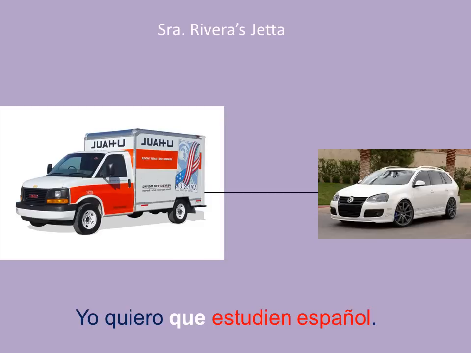One way that Señora Rivera explains her subjunctive is that she talks about moving to California. She says she's going to get a U-Haul and she's pulling her little yeda all the way to California. So how she's explaining this is that you're taking this U-Haul and that's your indicative clause. In between the thing pulling and towing your truck is going to be the que, and it's going to pull along the dependent clause, that one can't stand alone. It's dependent on the fact that I want you to study Spanish.